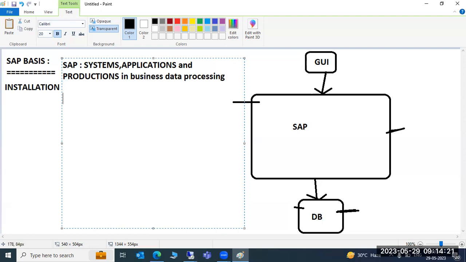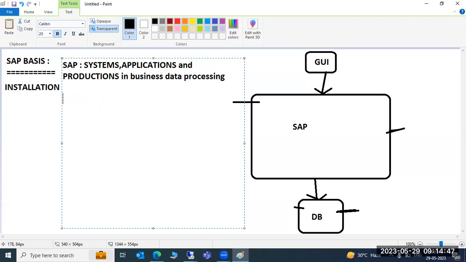Under this we have the SAP modules. SAP ECC means Enterprise Core Component. For ECC we have versions; previously we had earlier versions too. Initially it was released in 1972.